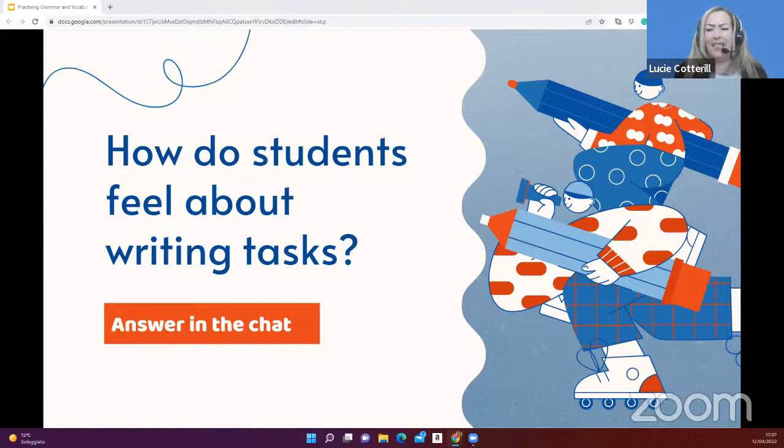Yes, the mechanics of writing, organization, it's so important, Magda. Yeah, they're afraid of making mistakes. Good point. Yeah. Difficulty to do task requirements, absolutely. They often have the ideas but not the language to express them. Okay, so we've seen also that even if they do have the ideas, maybe they don't have the actual language to be able to say what they want. This is a very good point.